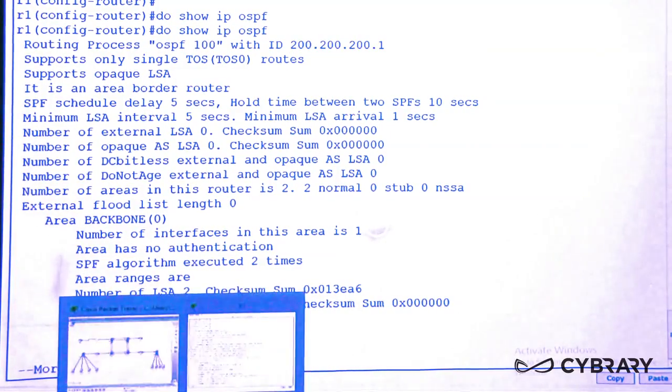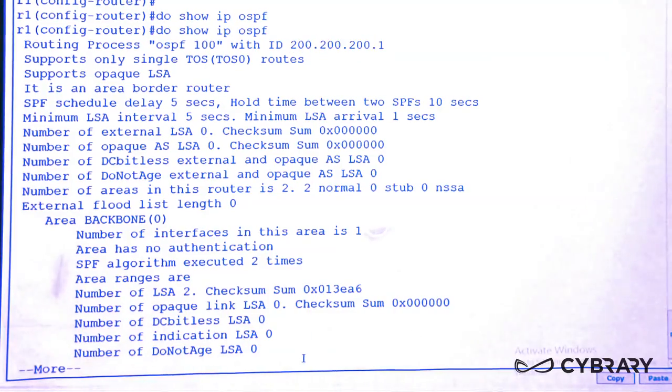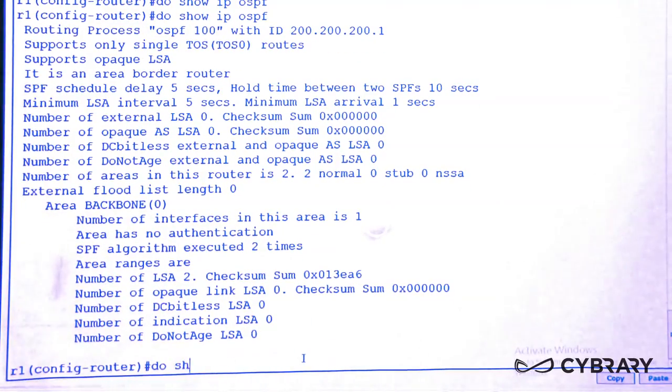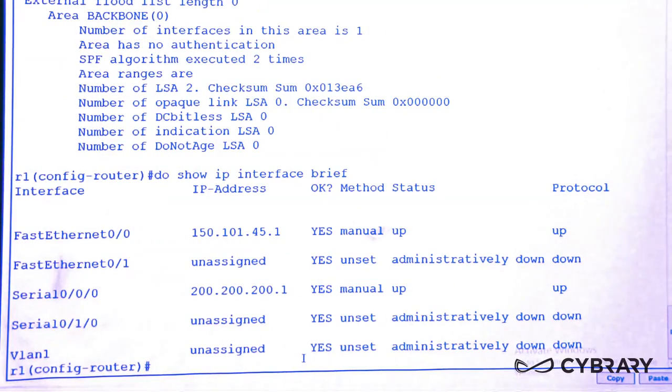Now, if I look at router 1's do show ip interface brief, I will see that on FastEthernet 0/0, I had the address 150.101.45.1, and on serial 0/0/0, I had the